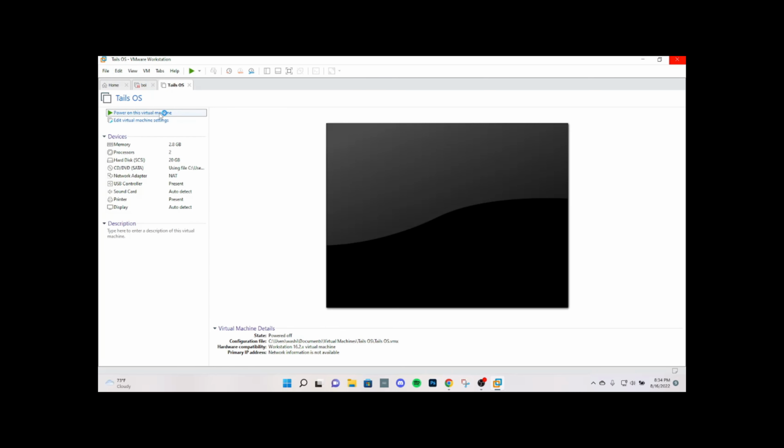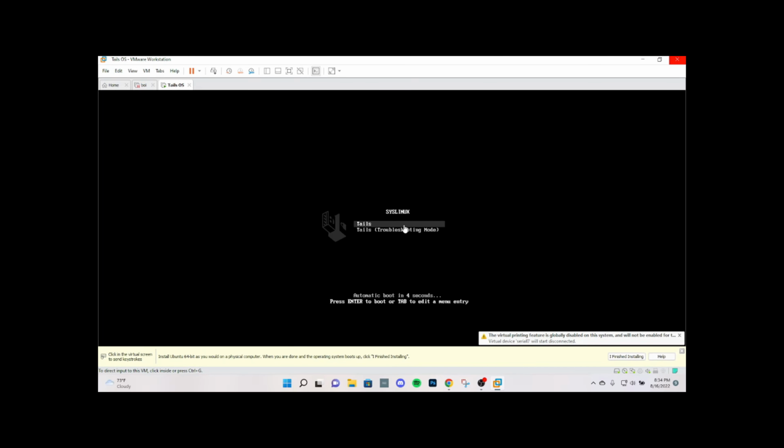Next thing you do, power on the machine, and now it's loading. Now, when we open up, Tails actually runs super fast. We're just gonna, come on, boot. There we go. Tails installs super fast, and when we open up Tails, it's actually gonna give us a little error message about how we're using a paid virtual machine software, because if it's paid, that means they can spy on you. You really only use open source software,